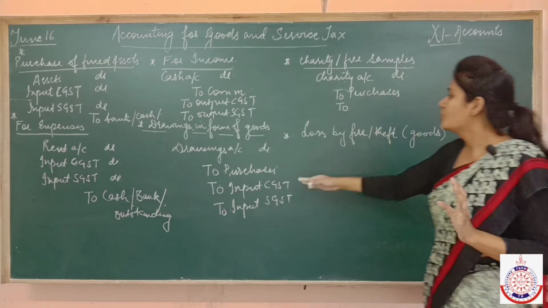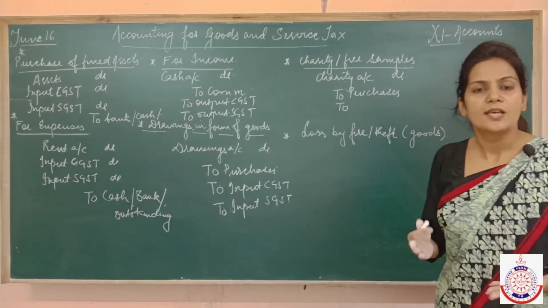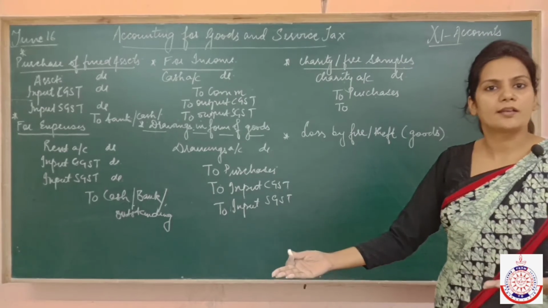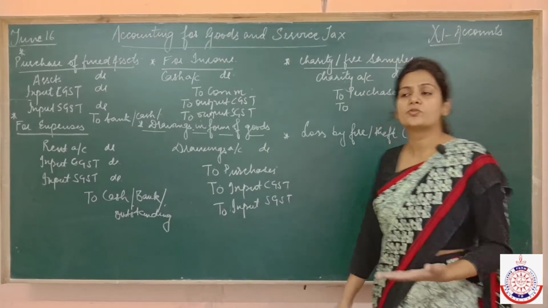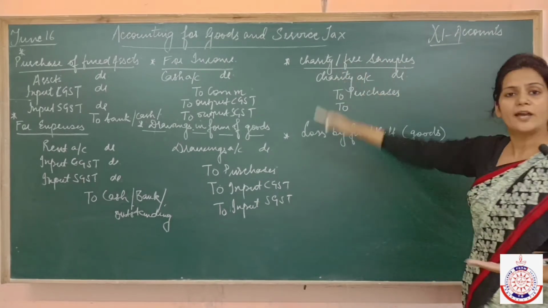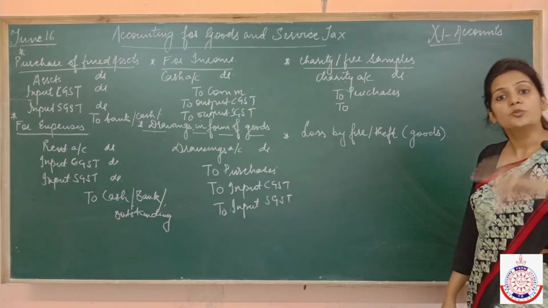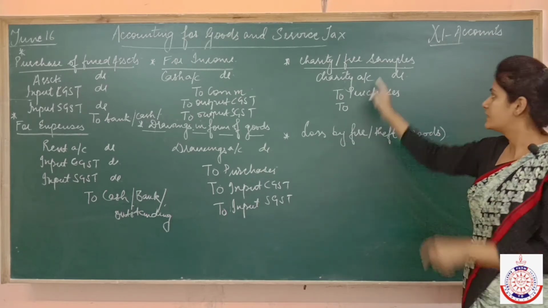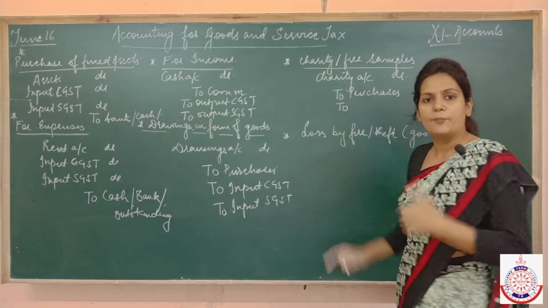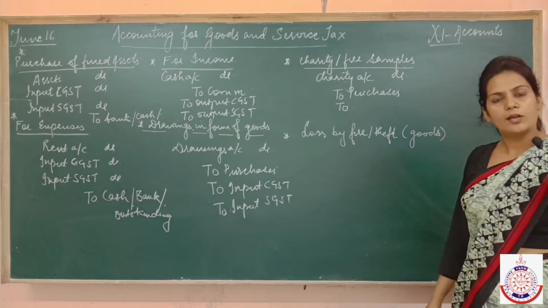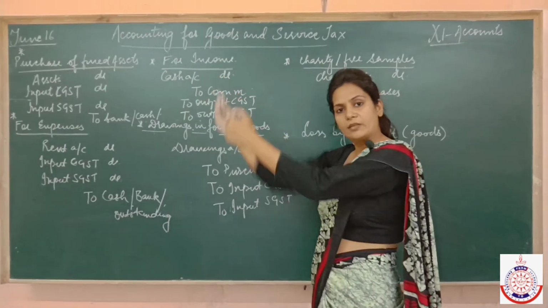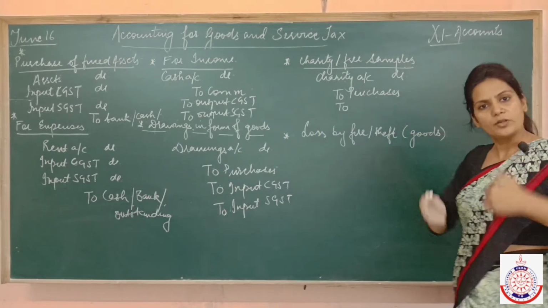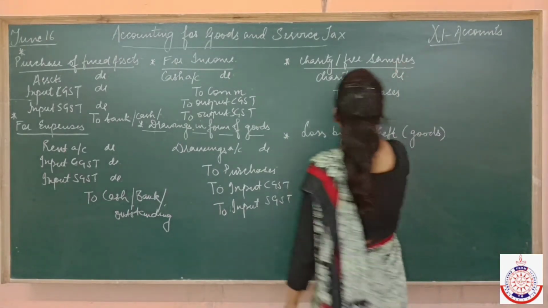Because you have not used these goods for your own purpose. Your purpose was to sell them in the market. You are not using it for that purpose. Rather, the owner has taken them for their own use. You are giving them in the form of samples or charity. So whatever GST you paid on these goods will come back to you. So you will have to credit that input, because input is always debited. So now this input will come to you, then you need to credit it. So do it right here as input